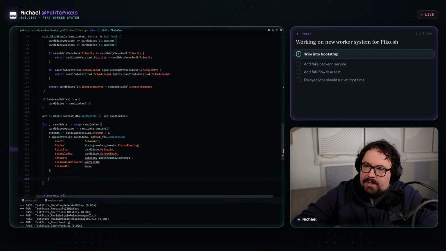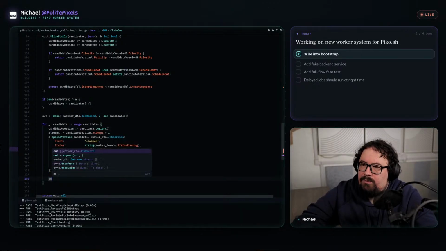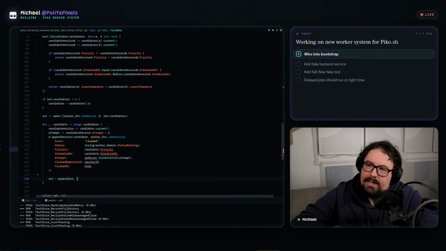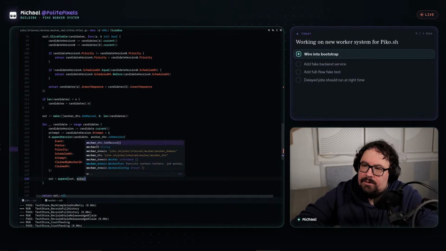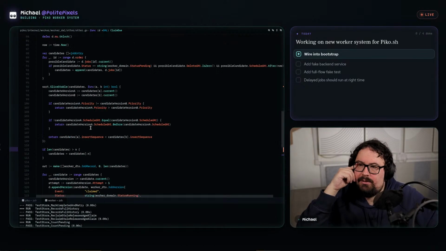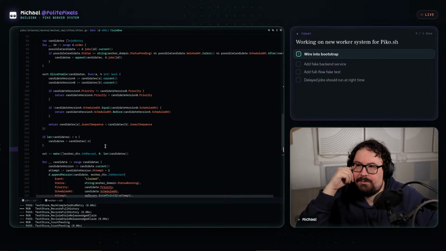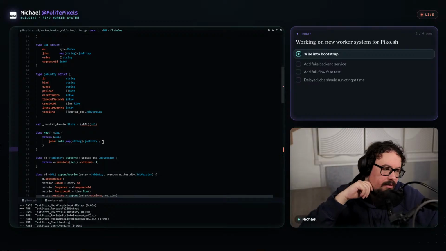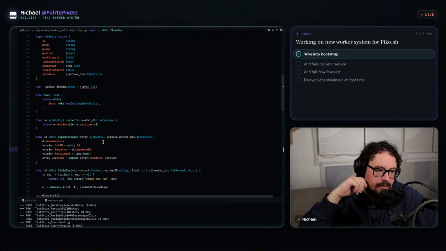And then after that, we would want to add it to the outputs. So it'll be like out, append, out, worker DTO, job record, and then we'd put out the output as this expects. And then that's a databaseless in-memory version of the system.